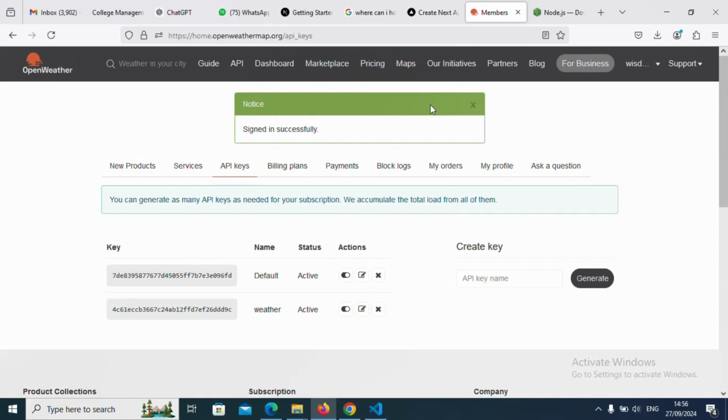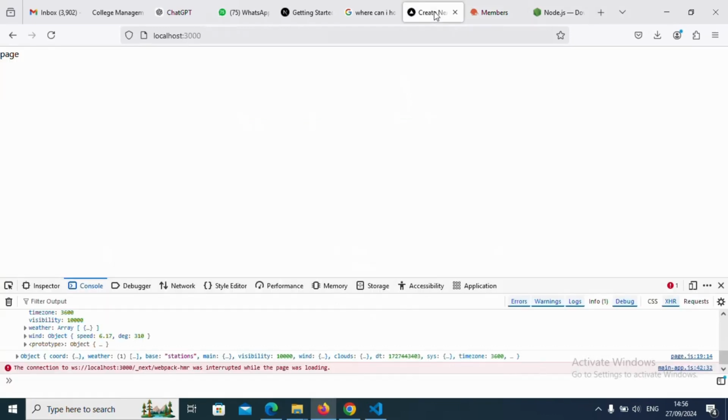actually confirm your email address. And once you have done that, they will email your API key to you and the URL that you are meant to use to make the request, which I'm also going to show you. So let's get started. How do we